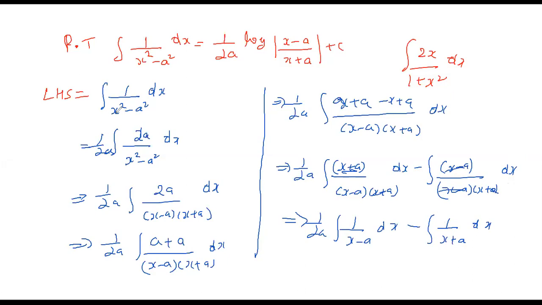Now, the integration where the numerator is the differentiation of the denominator is the log of the denominator. So it is 1 by 2a into log of x minus a minus log of x plus a, plus c. This looks like log a minus log b, which becomes 1 by 2a log of x minus a divided by x plus a, plus c, is the answer. That's all. The derivation is 3 marks, and they will ask sums for 2 marks, so 3 plus 2, 5 marks.